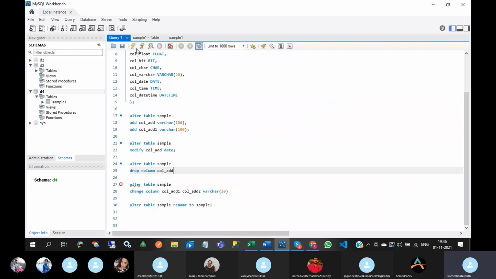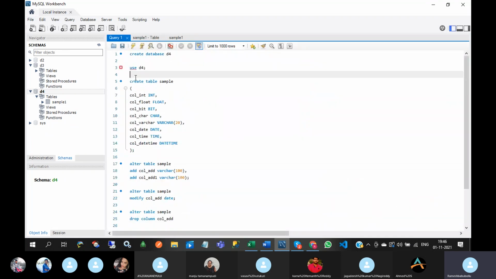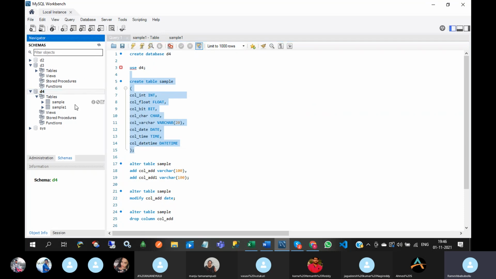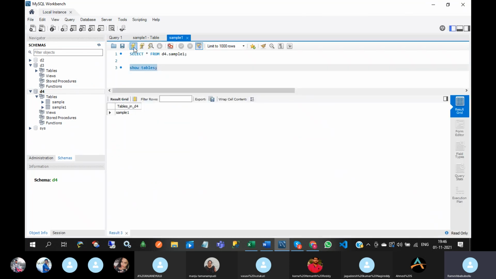For example, let me execute this query. So now I will have two tables: one is sample, another one is sample one. Okay, so execute this query. Sample and sample one.